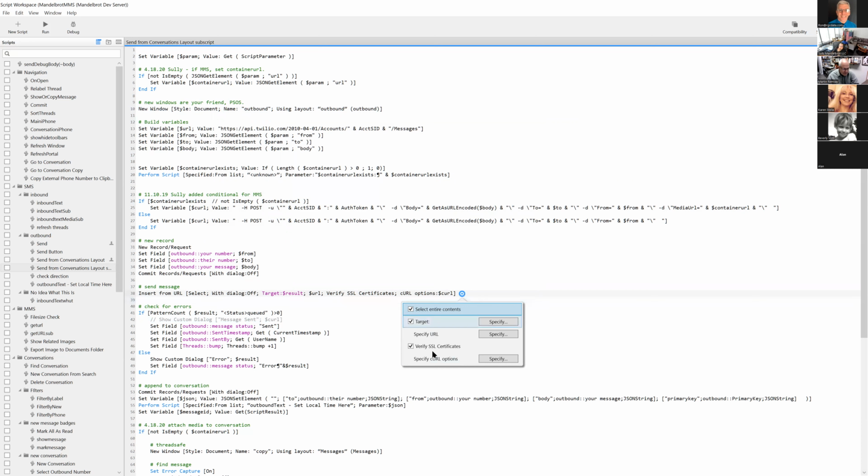Cool. Also, I usually will do a verify SSL certificates. You don't have to leave this checked, but Twilio is a known quantity, so I know that I'm not going to have to worry about the SSL certificate on the other side not being there. They're going to keep up with that. If it was some API where it's like, I'm not really sure where these guys are going to actually have it together, right? Maybe they wouldn't have an SSL certificate once in a while, and I might not verify it. But I want to make sure that my data is actually getting to Twilio, and it's a very well-known company. So there's hackers that are probably trying to intercept text messages, which actually brings up one other item.